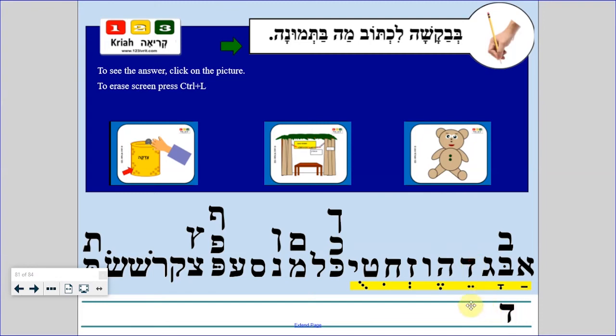Correct. And what do you think goes under the dalet? De? No. Do? The koboots? Right. What's the next letter? B. Right. And what goes under? Achiri. Good job. And the last letter is a